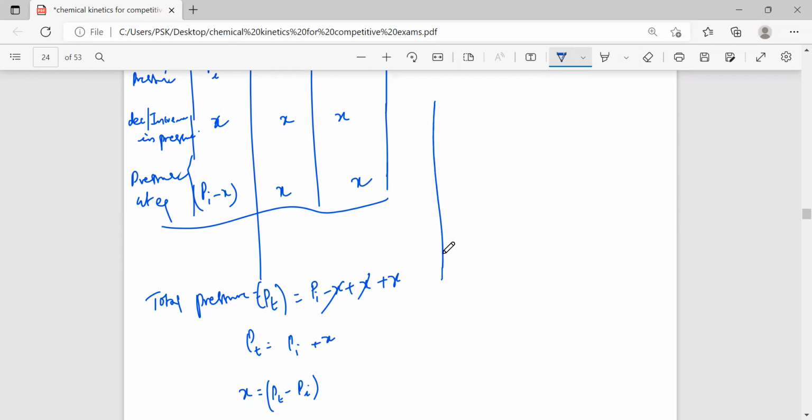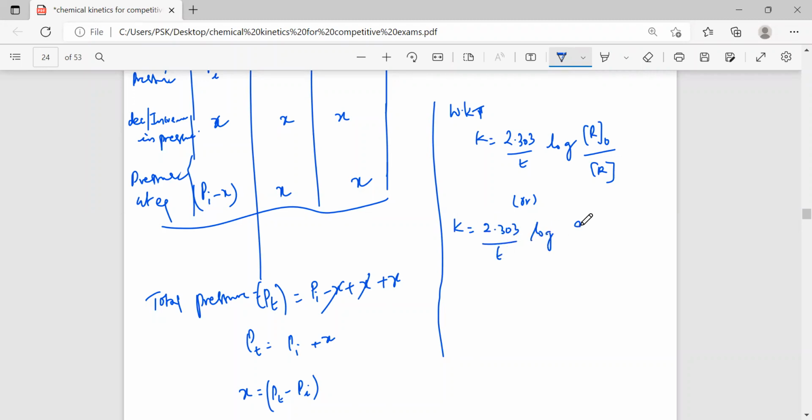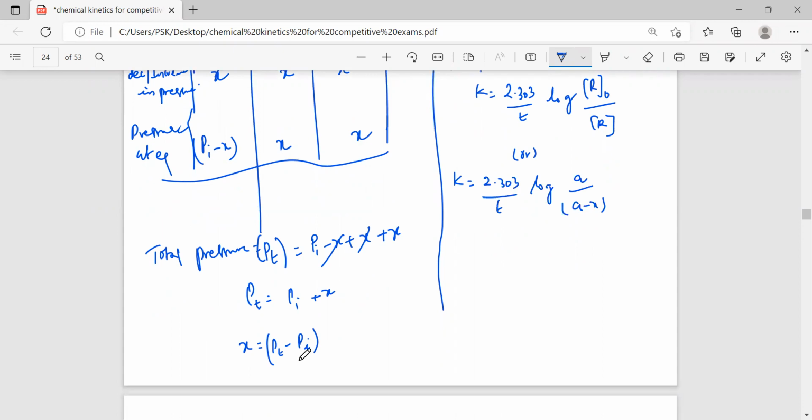So can I say we know that K is equal to 2.303 by T log of R naught by R, or I can write, we also know that K is equal to 2.303 by T log of A by A minus X. We know this equation. Since we know this equation, and I know the value for X, X is Pt minus Pi. So what I can write, K is equal to